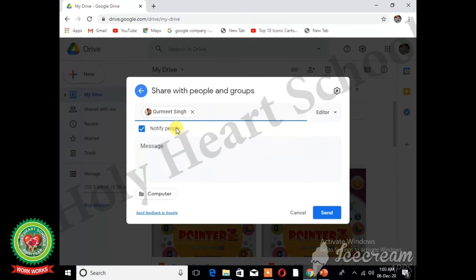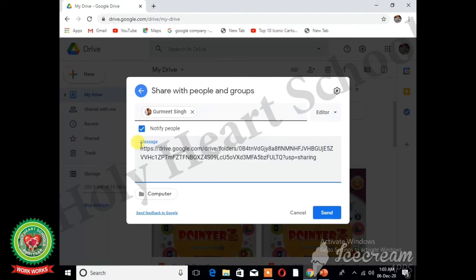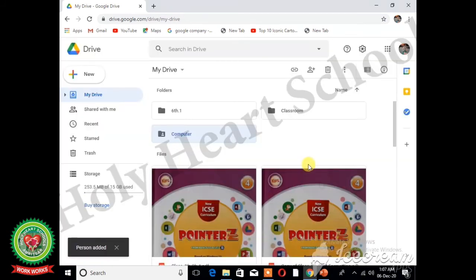After clicking, in the message box, we will press Ctrl V shortcut key to paste our link. After pasting link, we will click on send button. So in this way, you can share your file or folder with multiple people by providing a link.